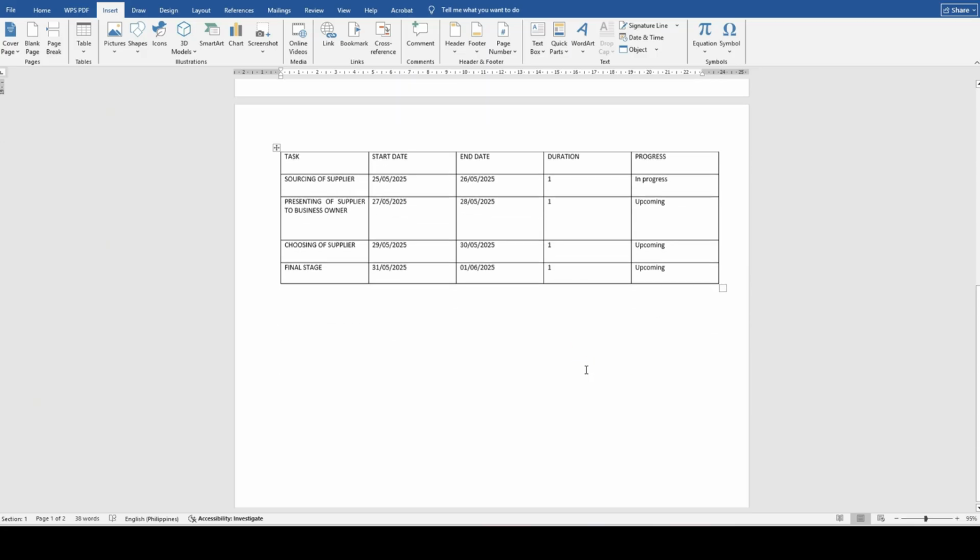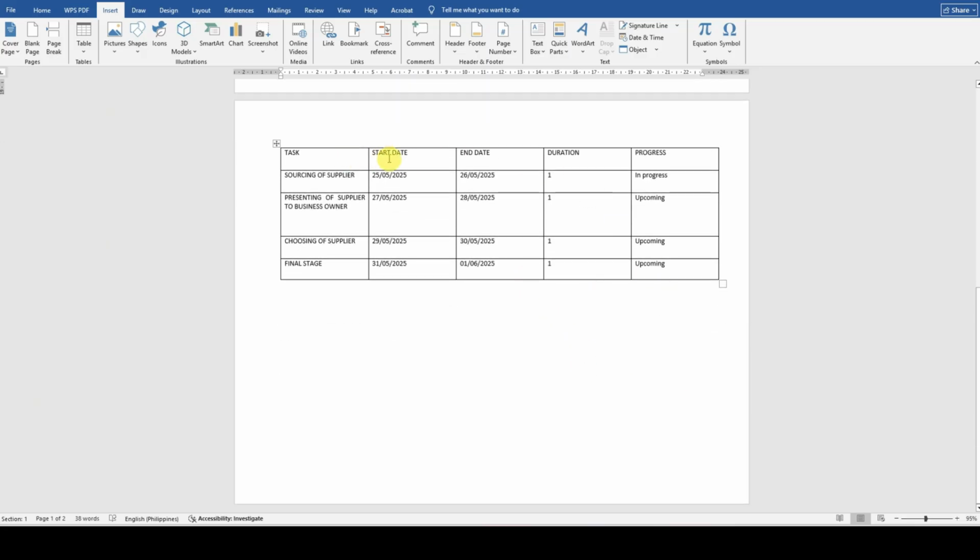As you can see here, I have these details: task, start date, end date, duration, and progress. So what I'm going to do is create a Gantt chart based on the details that we have on this table. The first thing that we need to do is to count the days. So we have 1, 2, 3, 4, 5, 6, 7, 8 plus the column for the task. Then it will be a total of